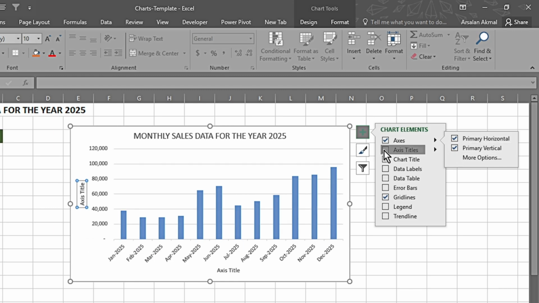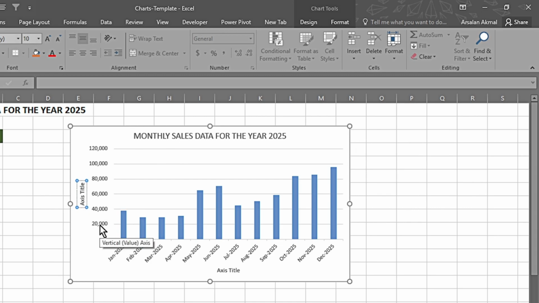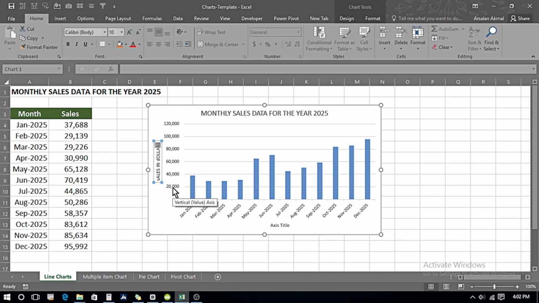Here in the axis title, we can give the title over here. Again, as in the header, we can just click in this area and type sales in dollars. I select it by pressing shift and down arrow key, making the font larger and bolder, and applying the same over here in this axis using the format painter. And now we can change the name to months.